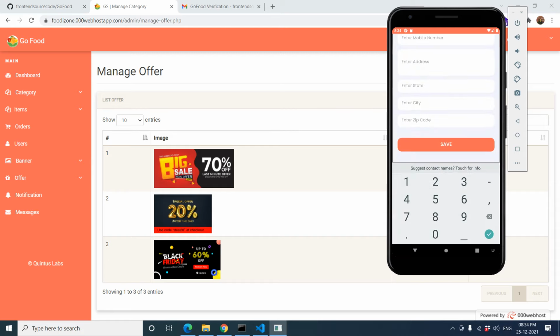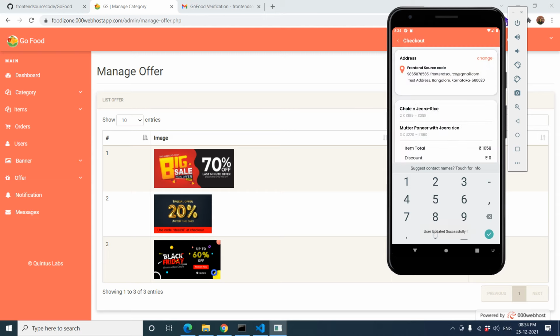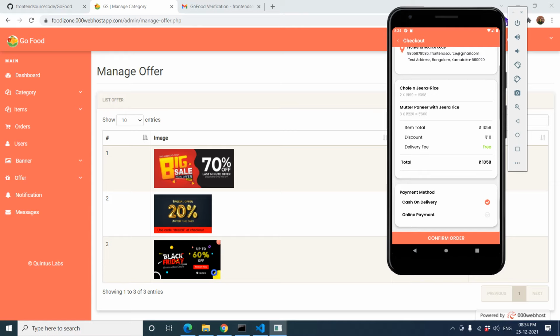Add the mobile number, 98654. Okay. Add address. Test address. Enter your state, Karnataka, and Bangalore, 560020. Okay, save this. So you get the address and you can see all your items.